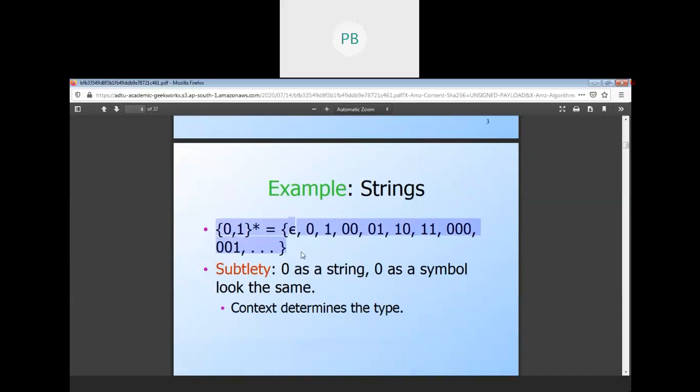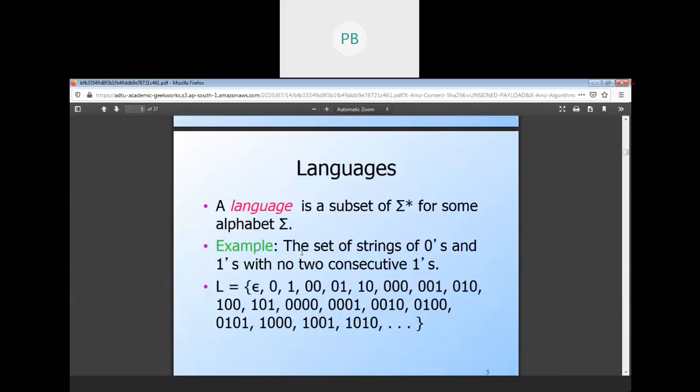This is a superset, a complete entity, and out of this we are creating a language. While creating it, we keep in mind that no two consecutive ones are there, and this language is represented by the symbol L.